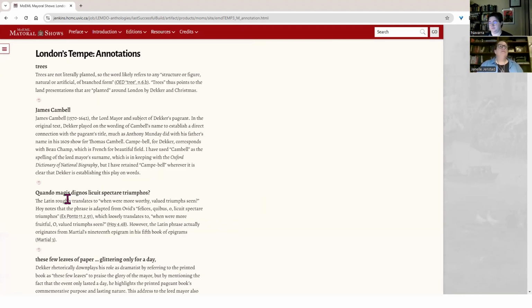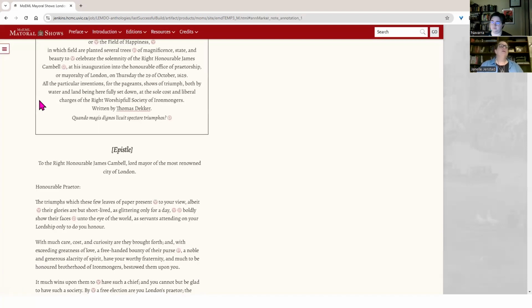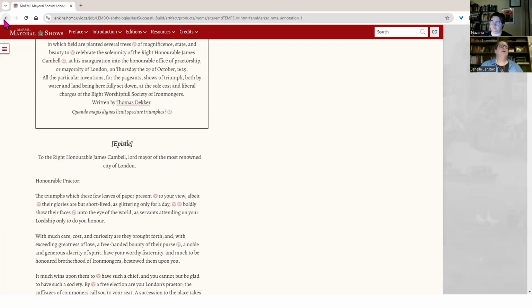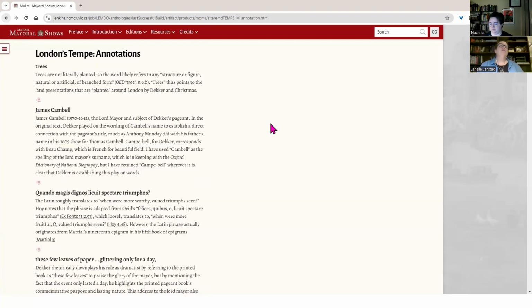So we decided to spin out all the notes in their own interface here. So here they all are. There's our Latin translation again. And if you click on the icon, you can actually go to the text that's being annotated. You have to use your back browser button to get back to this page.